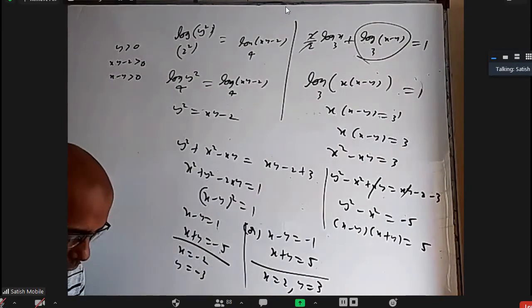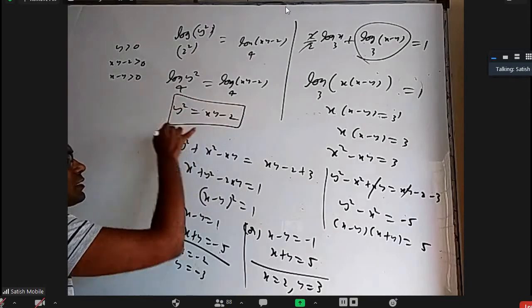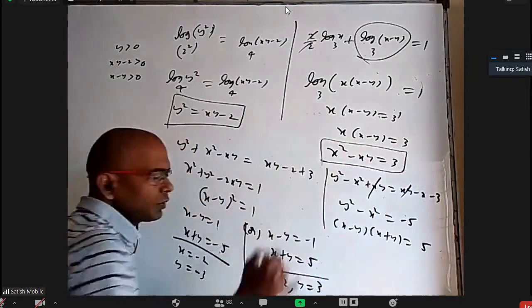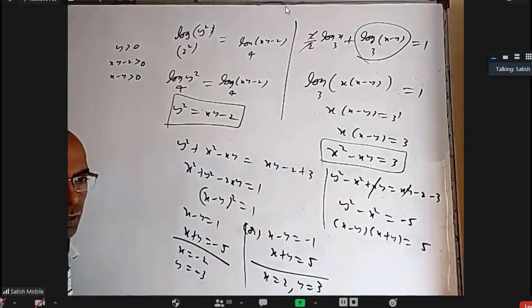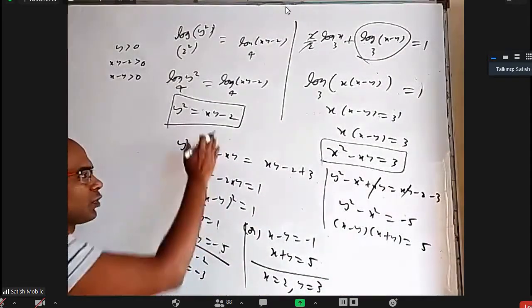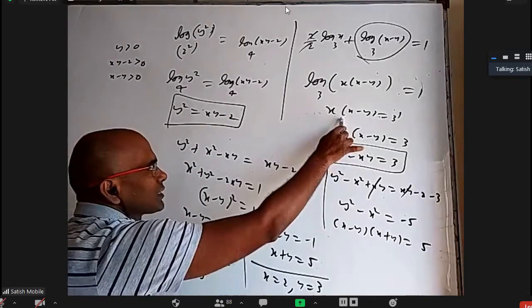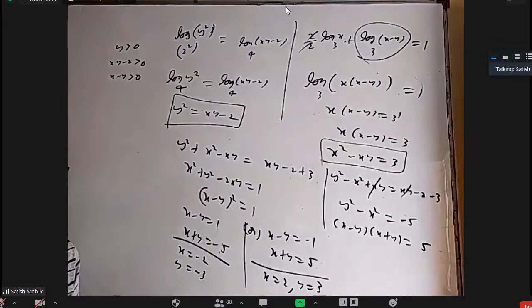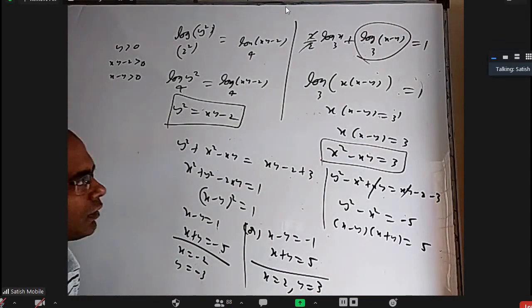Yes, sir. So, actually, these equations have a solution. For this and this equation, I added these two, I got this, I subtracted these two, I got this, and we solved them. And these answers are correct both for this and for this. But this and this are not always the same. Because of the limitations of the domain, we are having this problem.